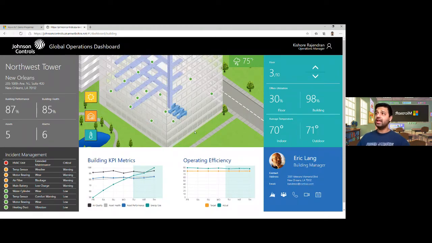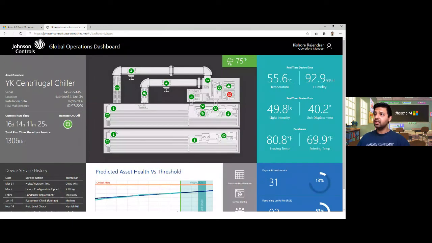We can also see the HVAC installation, heating, ventilation and air conditioning systems, of how they are installed in the buildings and various sensors along it. Now, there are some metrics here at the bottom, but the key thing is we have a critical issue with the heating, ventilation and air conditioning unit here. So if I click on this, it gives me a digital twin of the HVAC system.